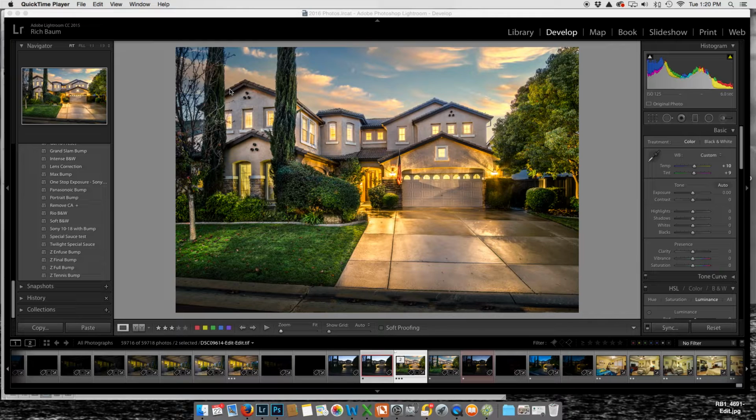Anyway, today we're back on real estate, and it's been about 5 months since I've done a Twilight tutorial, so I'm going to do that. Things we're going to include are some cloning, some masking, some sky replacement, some recovery, because this is also a tutorial on how to save your butt for when you miss the appropriate time to shoot a Twilight